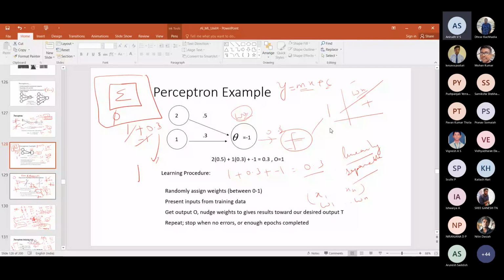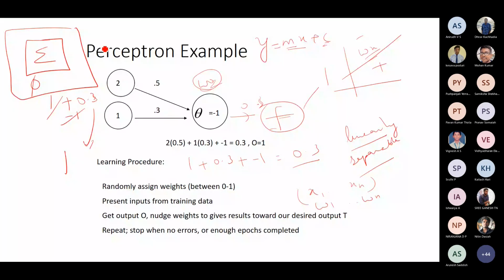Okay. So you have the sum of products, and then you have to operate upon an activation function. Now this activation function is varied depending upon the data set, depending upon how many records you have, how many features you have, and how deep is your architecture. So your deep learning models have different